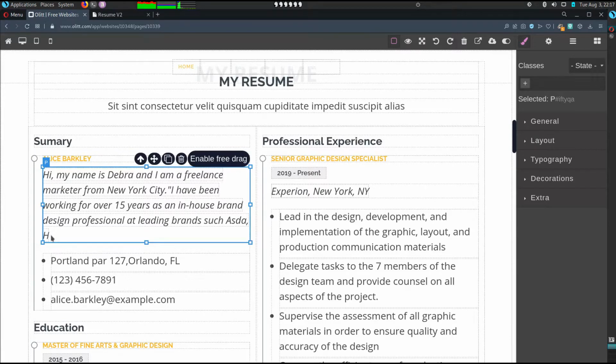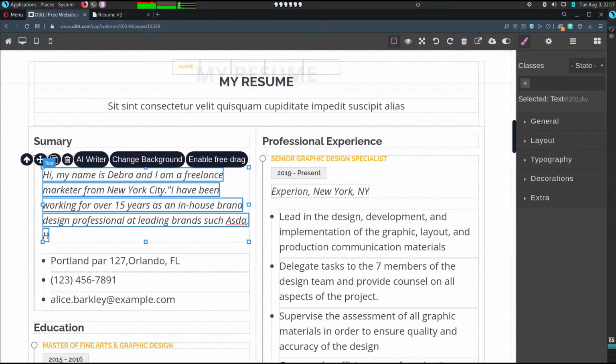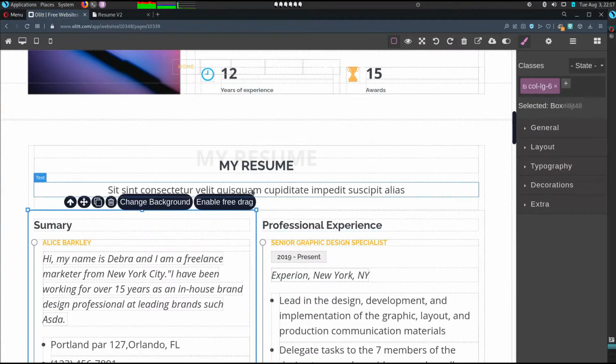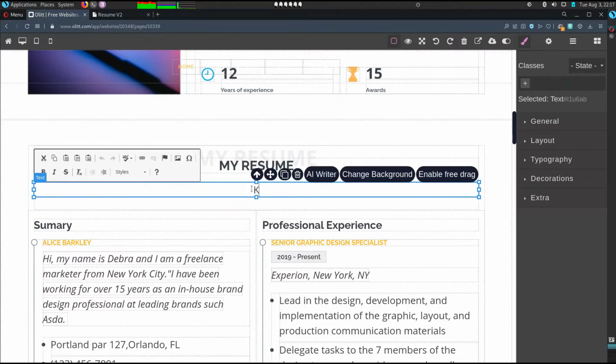So what I'm going to do is I'll just delete this and leave it at that. So as you can see, you don't have to focus so much on stressing on how you're going to put out your text. You can use the AI writer to generate simple articles or text for your website. So once you're done with that, I'll just leave it the way it is, and I'll change this to